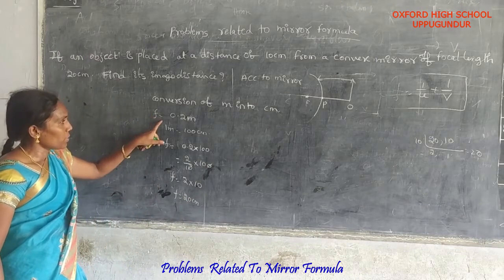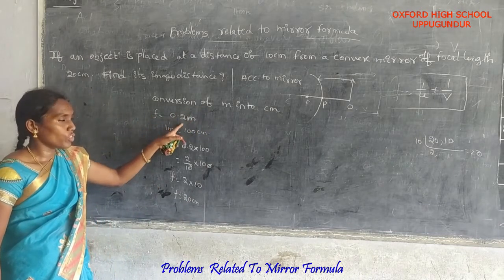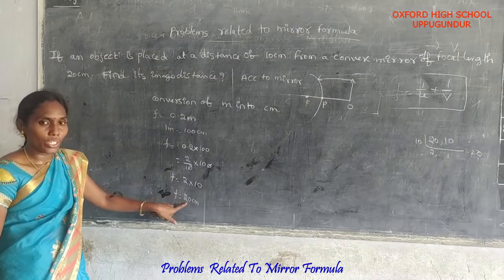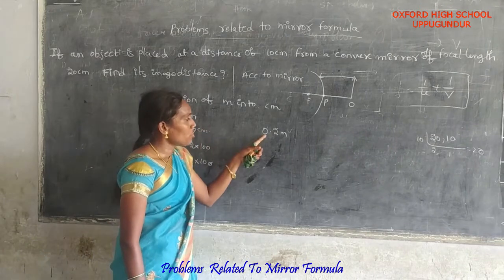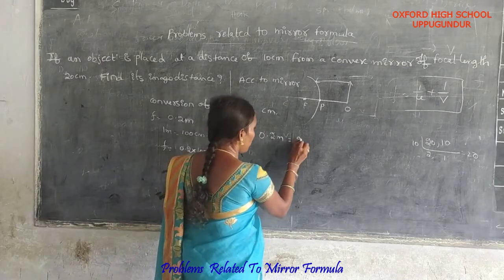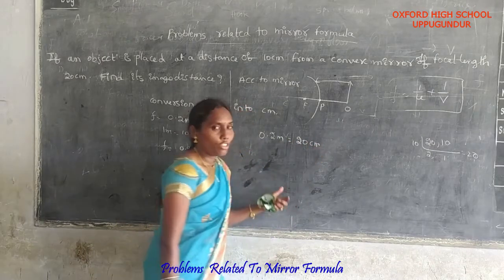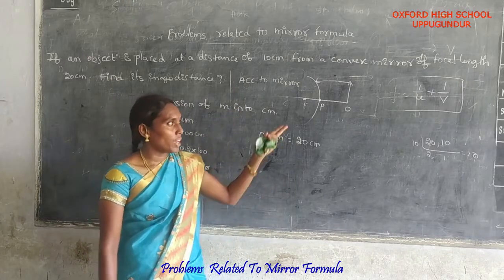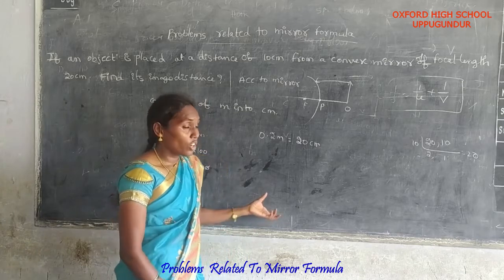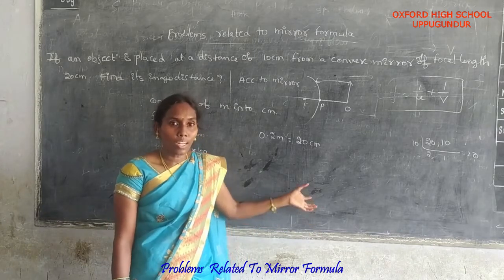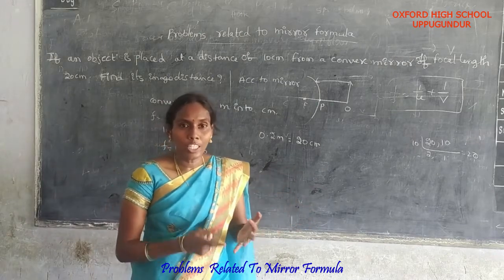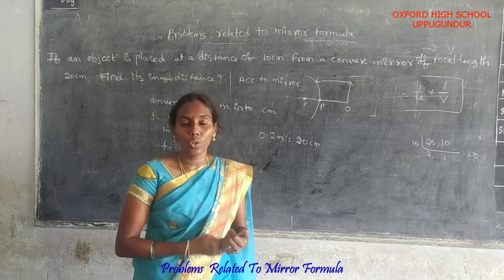The focal length of a mirror in the MKS system is 0.2 meters. The same focal length of a mirror in the CGS system is 20 centimeters. Finally, the focal length of a mirror, 0.2 meters, is equal to 20 centimeters. Now these are the problems related to the mirror formula, 1 by f is equal to 1 by u plus 1 by v. This is the last topic for this lesson. In the overall lesson, we discussed light, rectilinear propagation of light, laws of reflection of light, and next